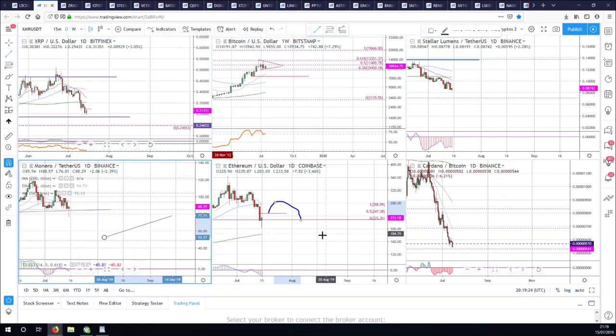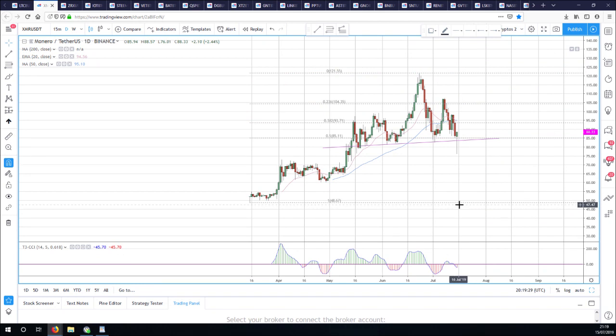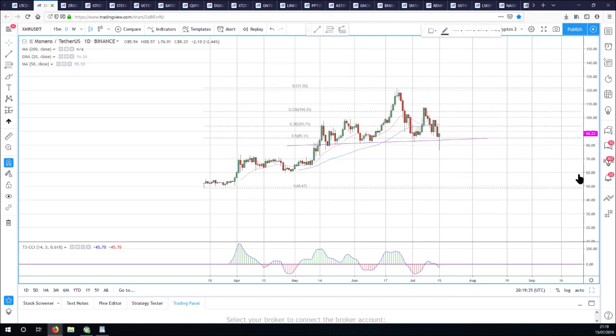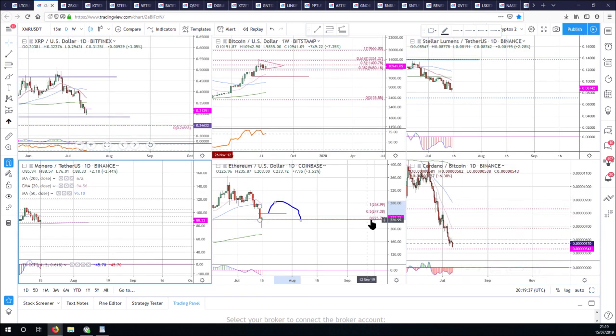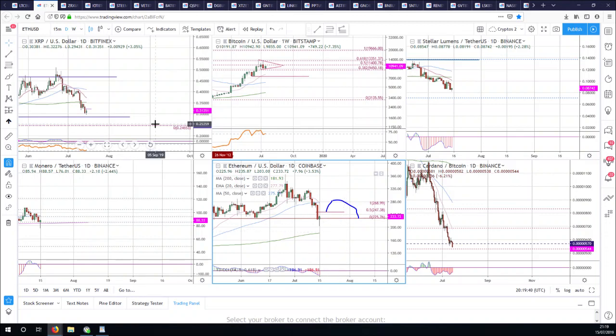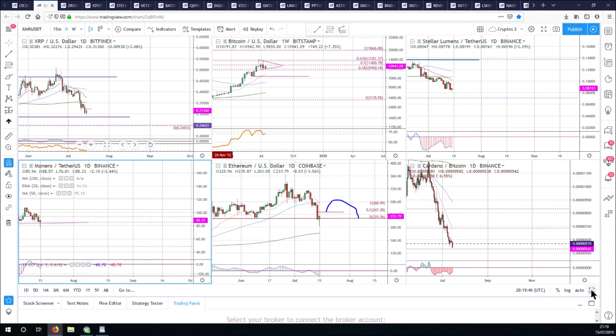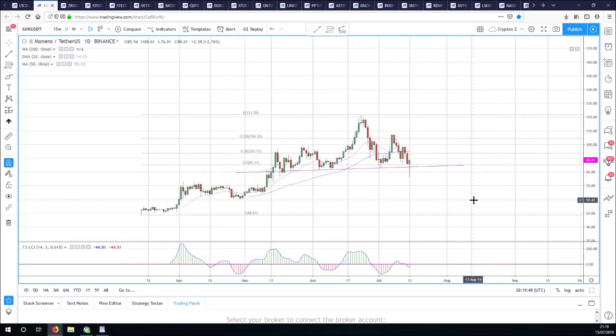Monero. The theme of today really, I could look at Pundi as well, Iman, the theme of today has been false breakdowns. Remember, we've had this lovely false breakdown in Ethereum. We've had a lovely false breakdown in quite a few coins. And there isn't any much prettier than this false breakdown in Monero, which was, let's face it, looking a bit like an ugly head and shoulders pattern, wasn't it?